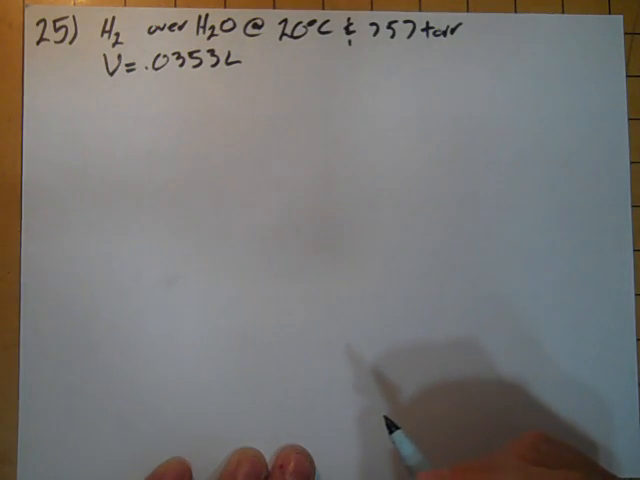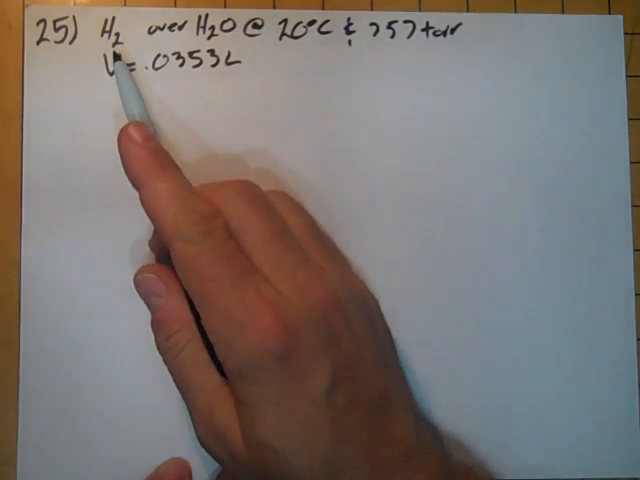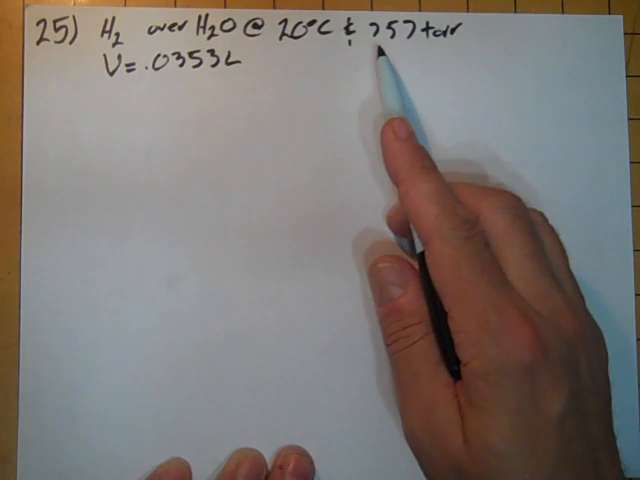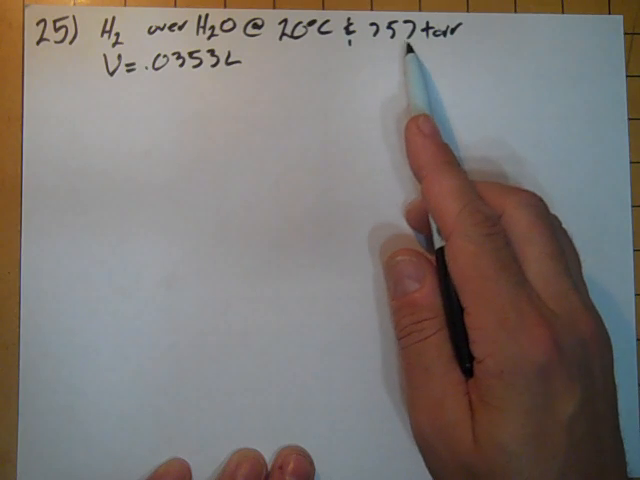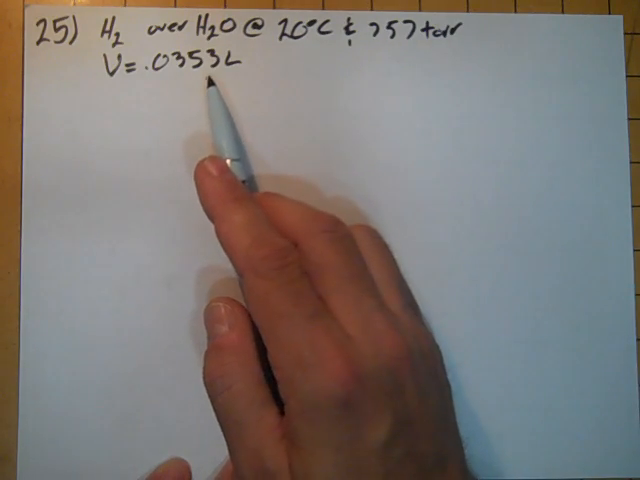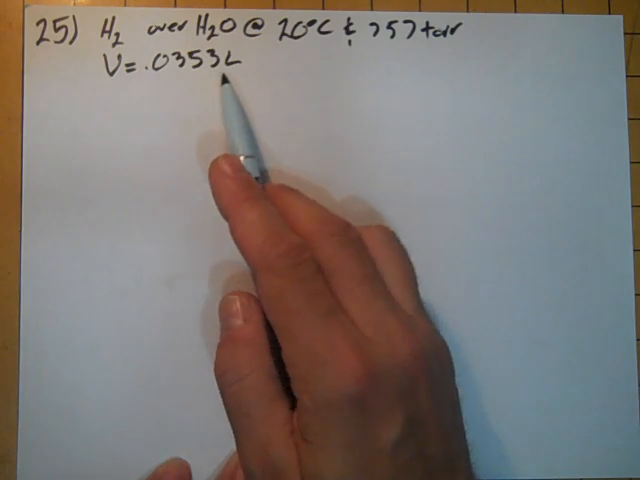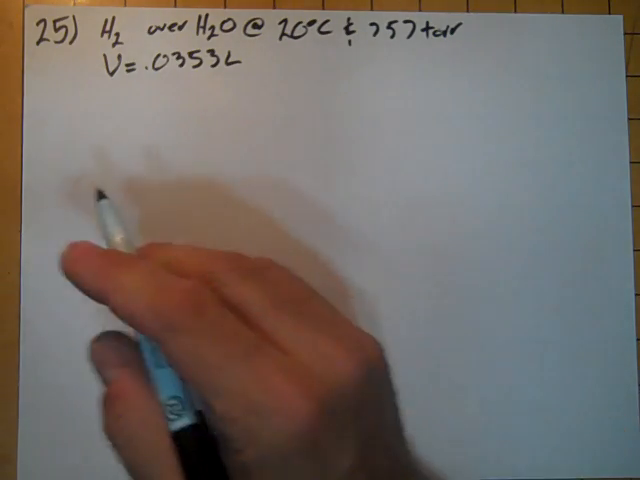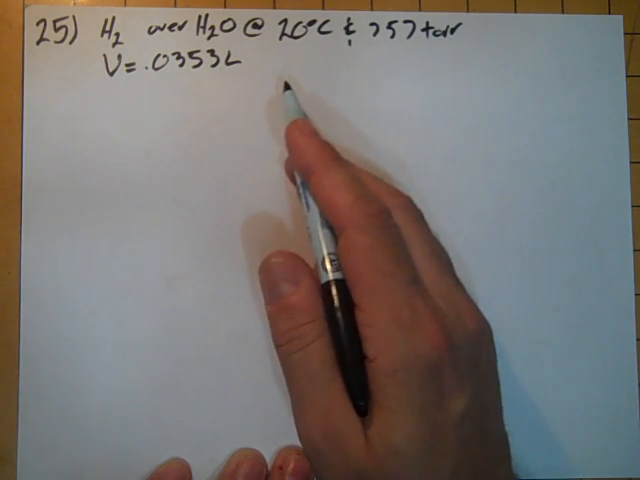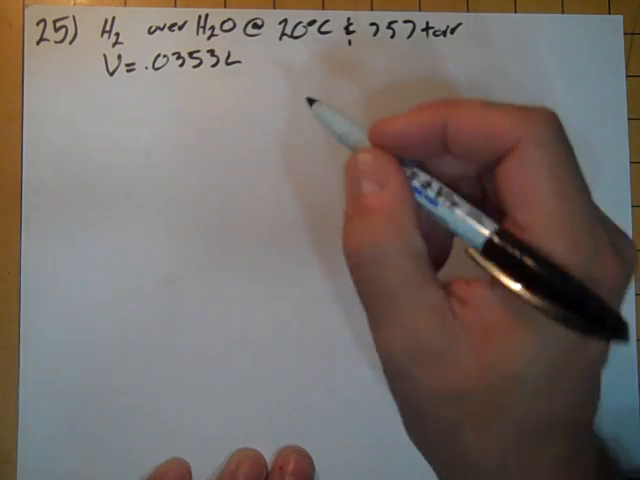25 is a mixture of gases problem. We're told that we collect hydrogen gas over water at 20 degrees and we get a total pressure of 757 torr. The volume is given as 35.3 milliliters, so I changed that into liters. Now, since it's a mixture of gases, it's important that I look up the vapor pressure of water at 20